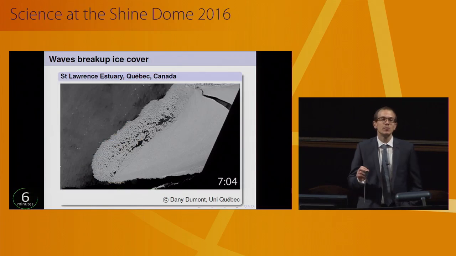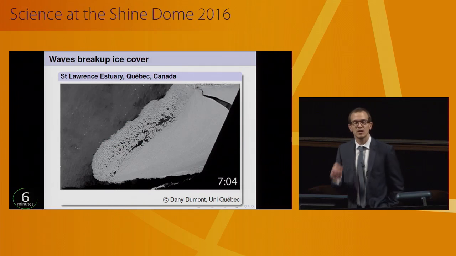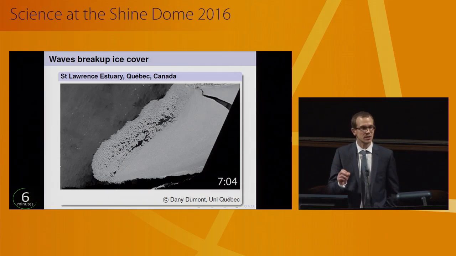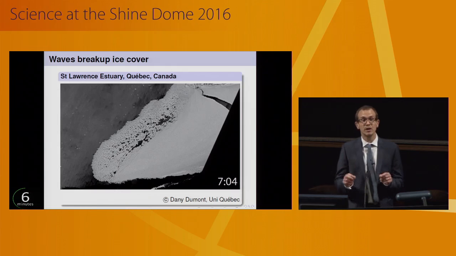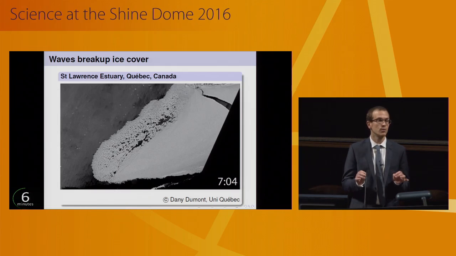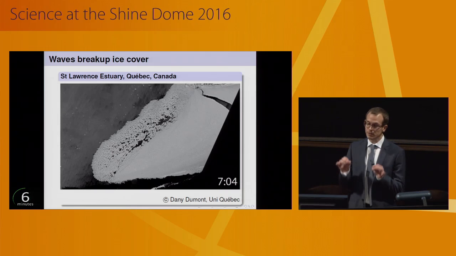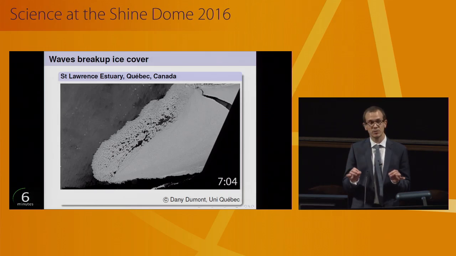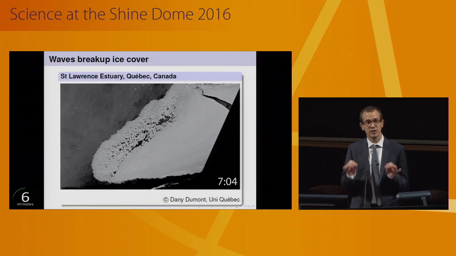That relationship between waves and ice extent is attributed to the waves breaking up the ice cover, leaving it weaker, more mobile, and more susceptible to melt. Now, breakup is a very difficult thing to record in the Arctic or the Antarctic. The series of photos I'm about to show you come from the St. Lawrence Estuary in Quebec.